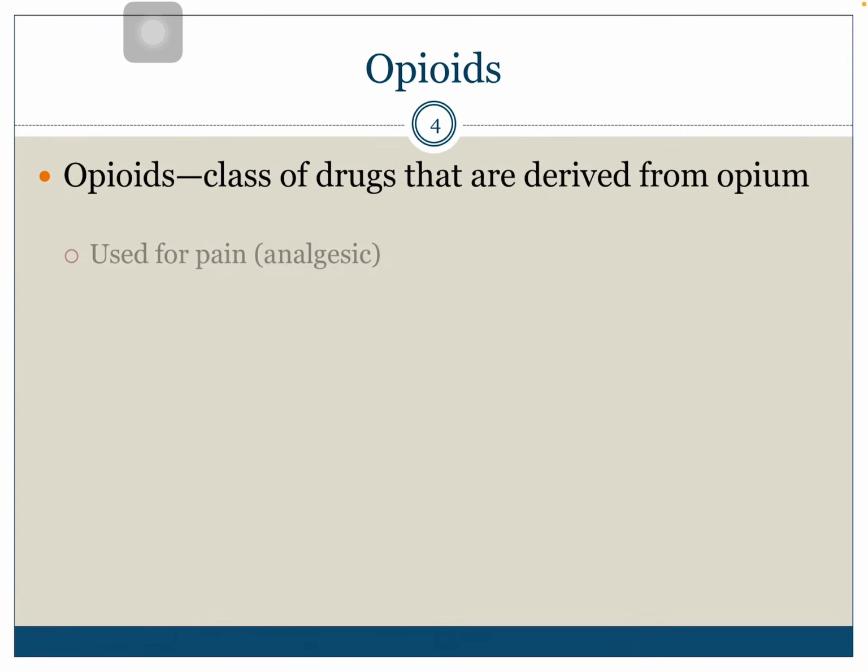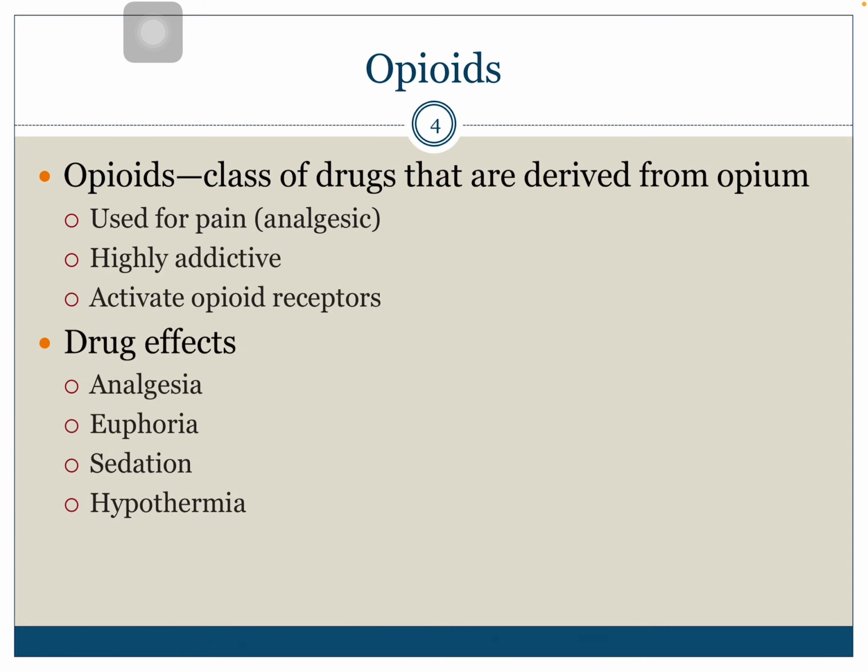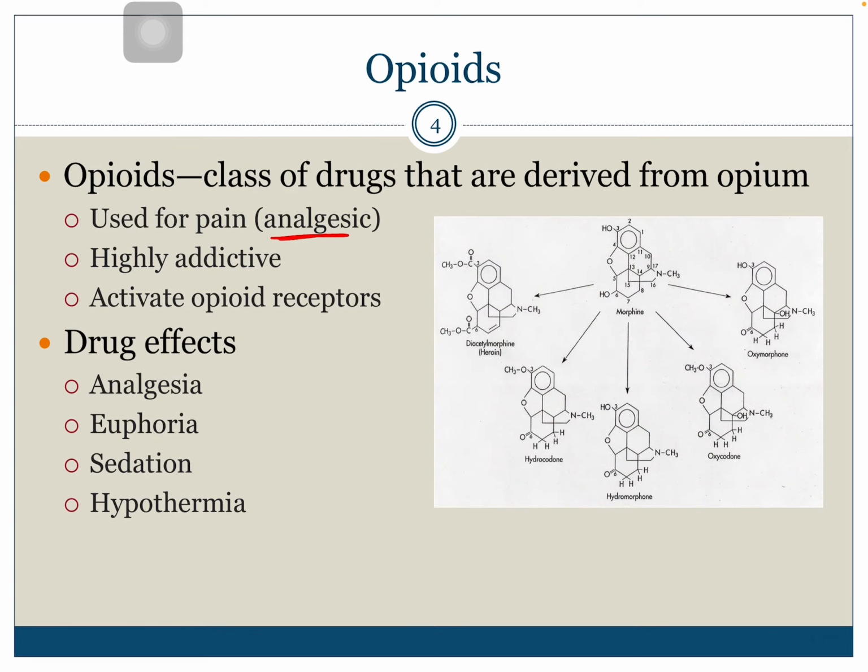So what are opioids? Well, they're a class of drugs derived from the opium poppy. They're primarily used for pain, and this is what the word analgesic means. Many people are familiar with how they're used because of what we know about opioid overdose and opioid addiction. It is highly addictive. Opioids are highly addictive because we actually have opioid receptors in our brain, and they're binding to these natural receptors. So it's an easy kind of connection because we naturally have these already.